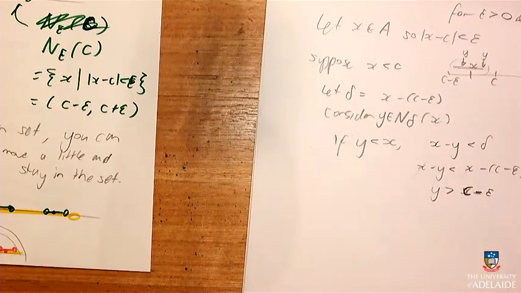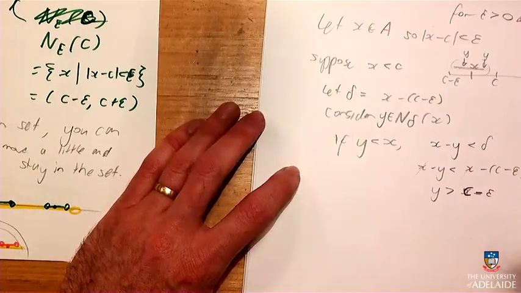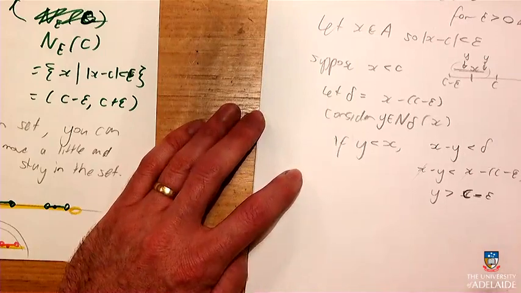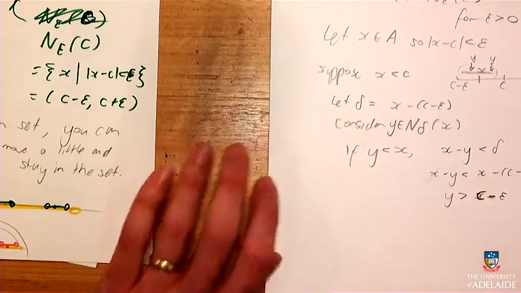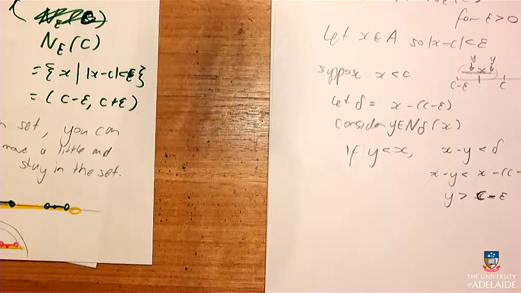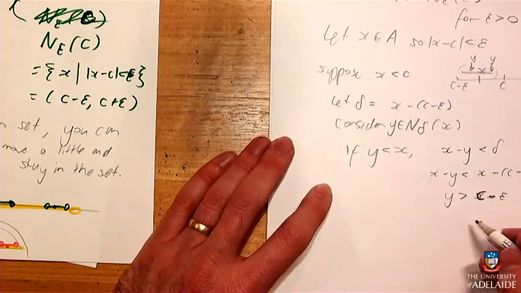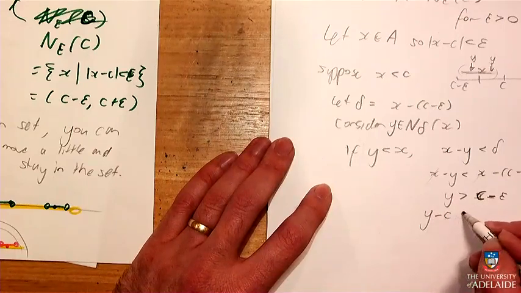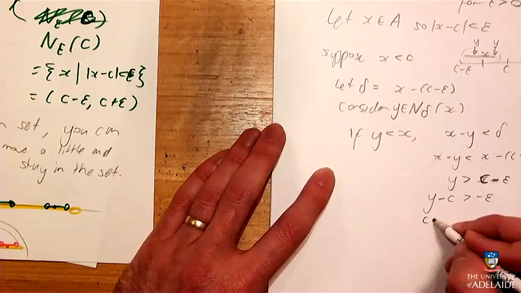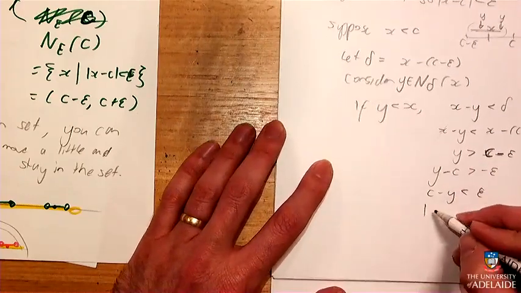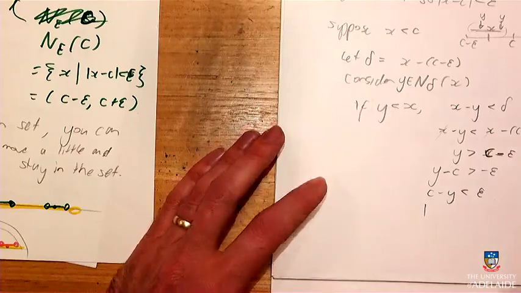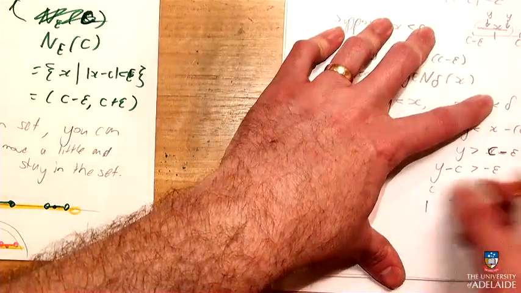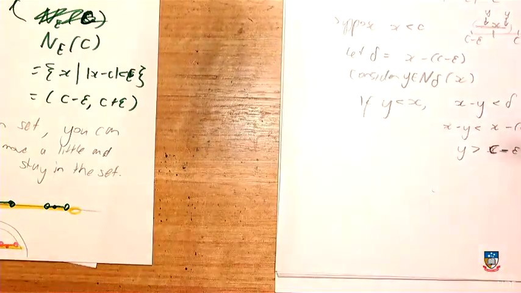So y is greater than c minus epsilon, which means that the distance between y and c is less than epsilon, which is the distance between y and c. Yes. But just being greater than that is fine, because that's the bottom end of the neighbourhood of epsilon